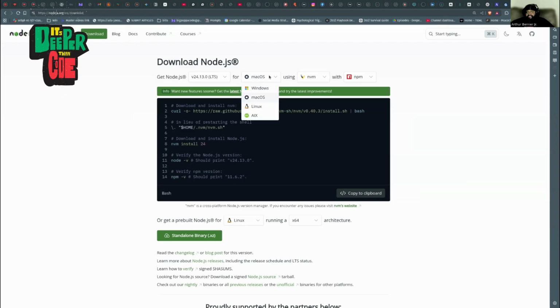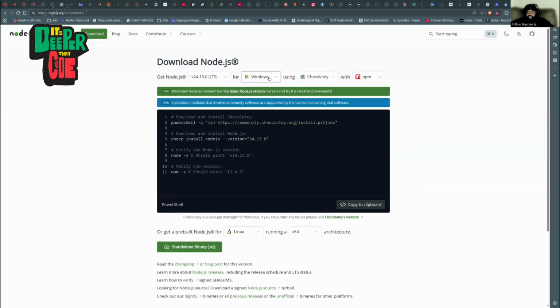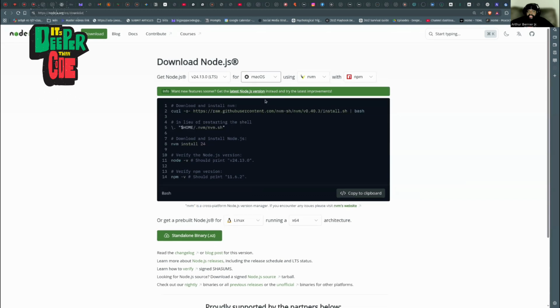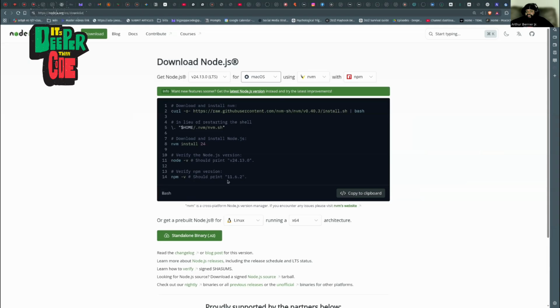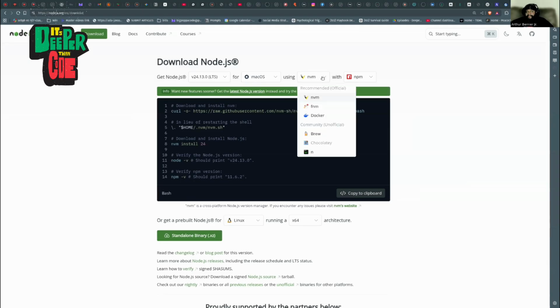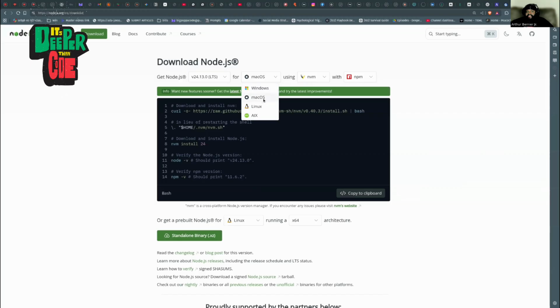Using Linux, it can tell you how to do it there, and it tells you how to do it on Mac OS, whatever you want to use in order to get it installed, right? It'll give you the command you could use to do that, or you can download it yourself, however you want to go ahead and get it installed. It's really just up to you to go ahead and run that process, right?